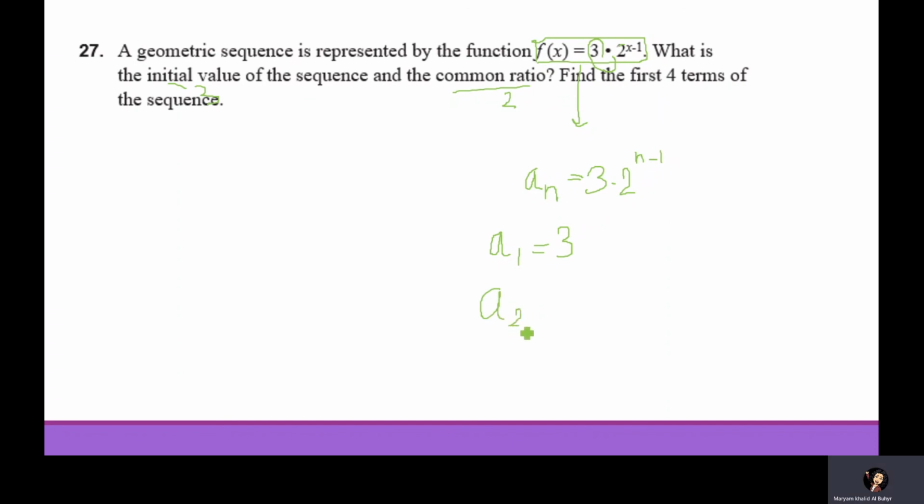A2 is equal to, just multiply it here by 2. So 2 minus 1 is the power, to the power 1. So 2 times 3 is 6. A3, take this one and multiply it by